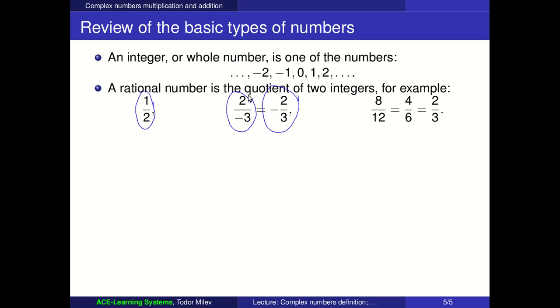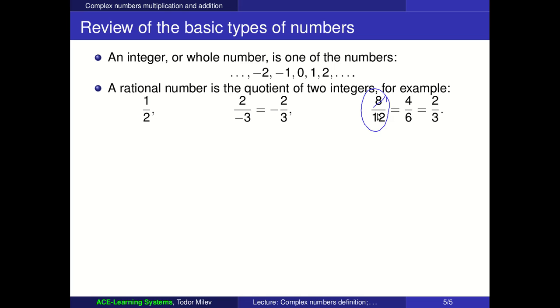For example, the number 2 divided by the number negative 3 yields the same quotient as the number negative 2 divided by the number 3. Of course, now you're going to say, well, this is just a matter of sign, but there's a more serious example of that. If I take the number 8 and I divide it by the number 12, well, we remember